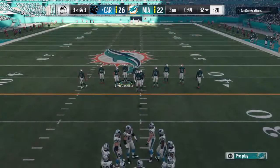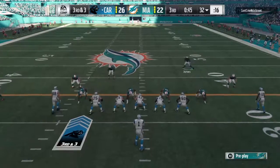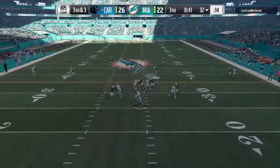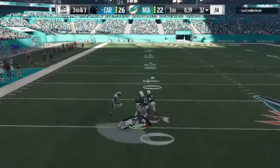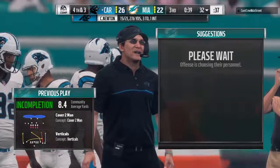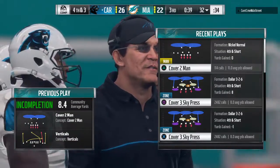The Panthers on 3rd down. They've been near perfect, 4 for 5 to this point. Here it's 3rd and 3. Operating from the gun, Newton. And he couldn't hang on to it through the contact. Incomplete. I would dare say that these guys will have liked to have given their defense a little bit more